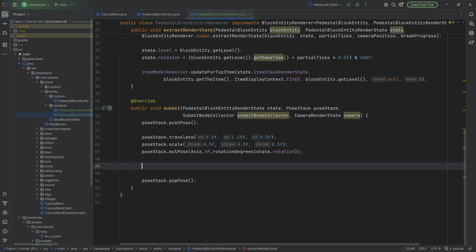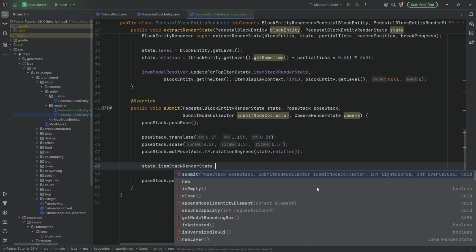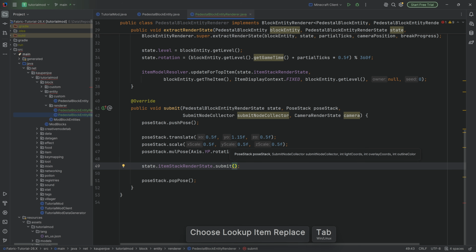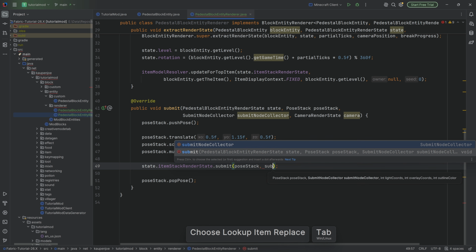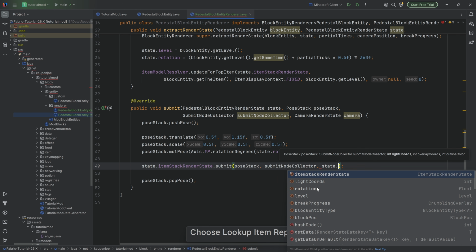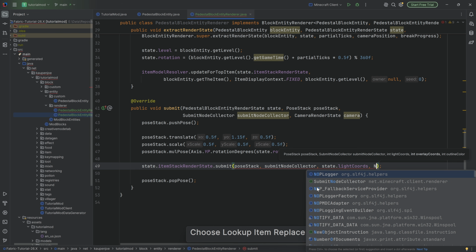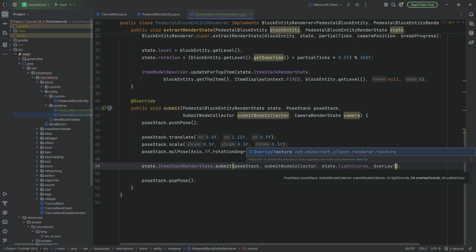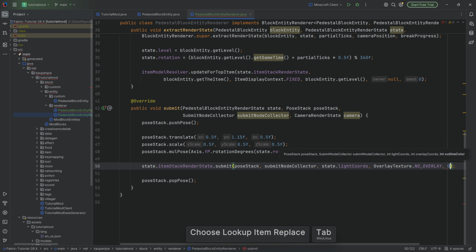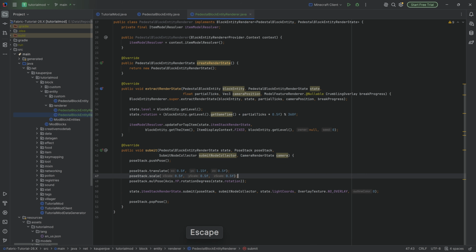extract render state method. The final thing is to actually render the item, that is state.itemStackRenderer, or itemStackRenderState rather, that's submit, passing in the pose stack, passing in the submit node collector, saying state light coords is what we want. Then the overlay texture of no overlay. So this is the OverlayTexture.NO_OVERLAY, and finally no outline color. And that is the entire block entity renderer class done. Of course, as always, the code is available to you down below as well, so you can double check it